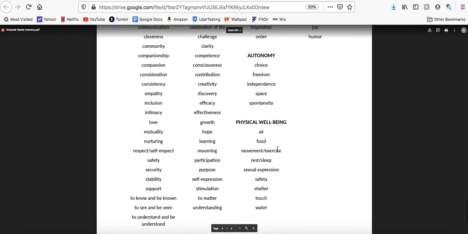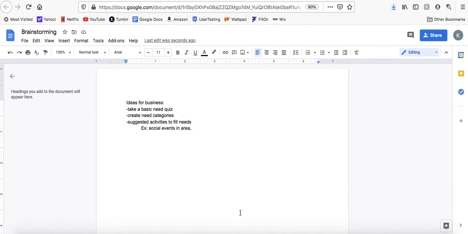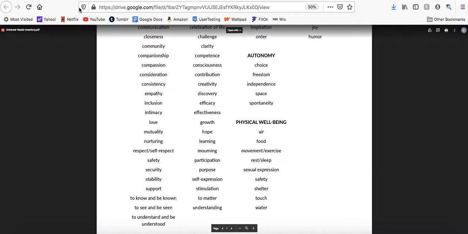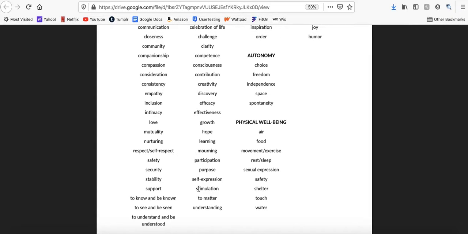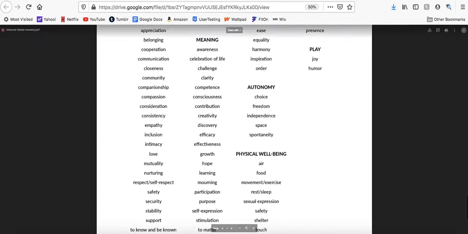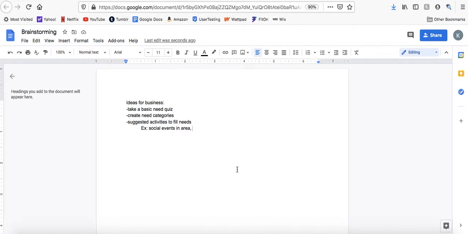Of course, air, food, movement, exercise, that kind of thing. So maybe you get really overwhelmed and you need that peace and you need that exercise and you need that type of clarity. Then it could be trails near your house, that kind of thing.